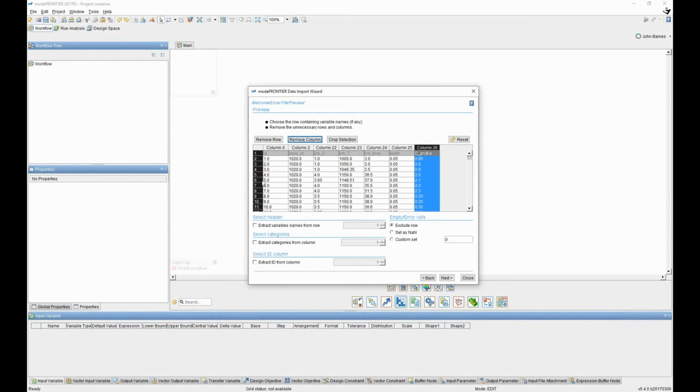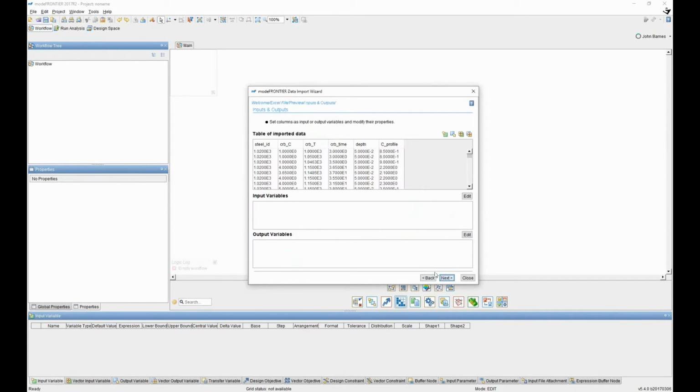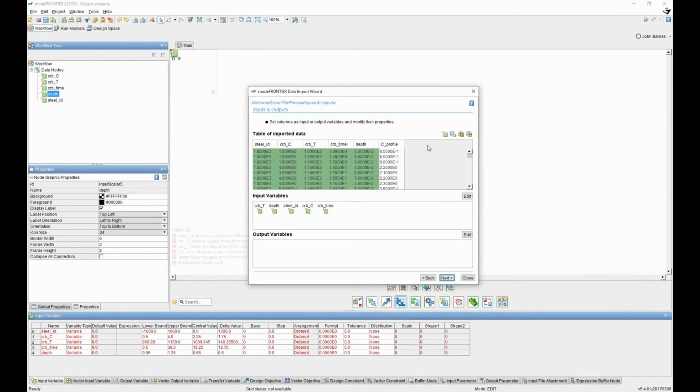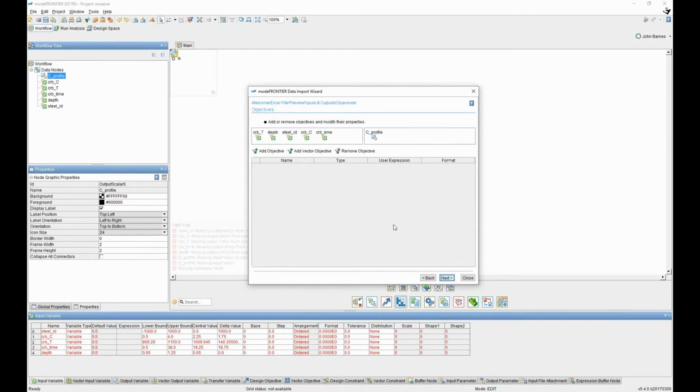I can extract the variable names from the first row, or if there was a different row, I could change the row number, and I can also extract the run IDs from a particular column. Once I've done that, I can click Next, and then it shows me the data that I'm interested in. Then I can select these 5 columns, and I can associate them to an input inside modeFRONTIER, and I can select the other one to be associated to an output. I click on Next,